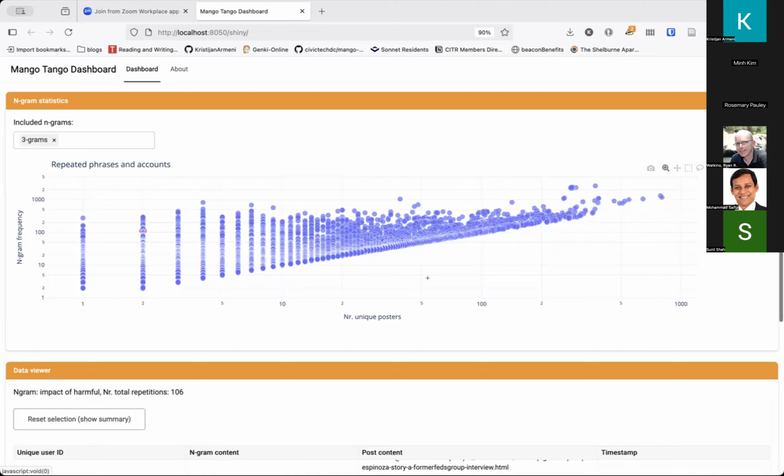Ben, maybe you've been looking at this a little more frequently. I think the interesting part is when you have maybe a few unique posters but a high frequency. So there are a few people really hammering, spamming a specific phrase often. So there's a certain portion of that graph that might be interesting. That said, researchers might say, actually, it's interesting to see when you have a lot of unique posters and a high frequency. So this higher end of the graph might be of more interest.